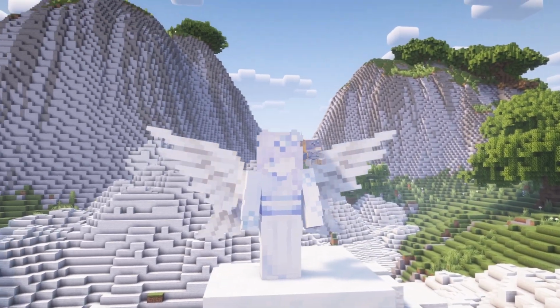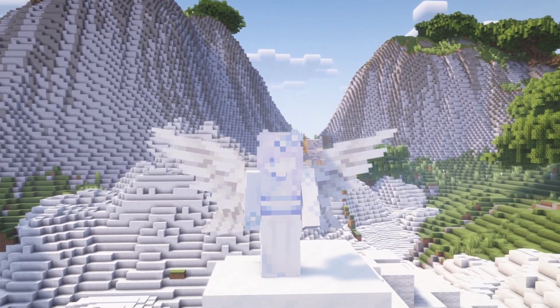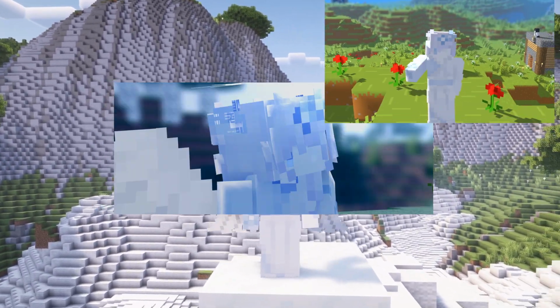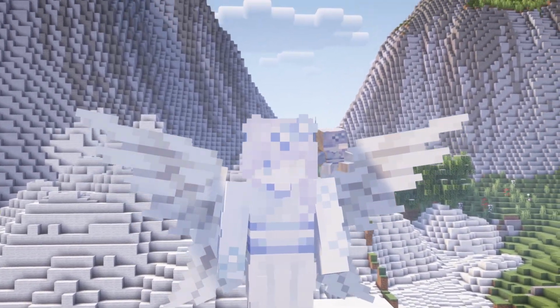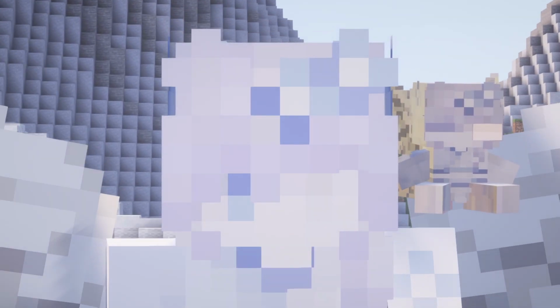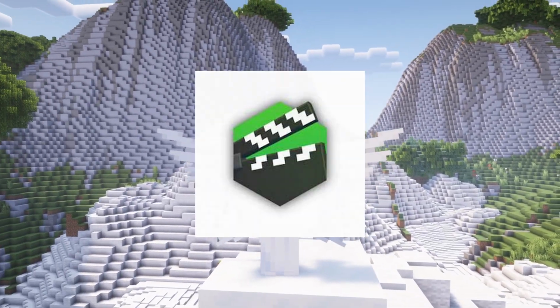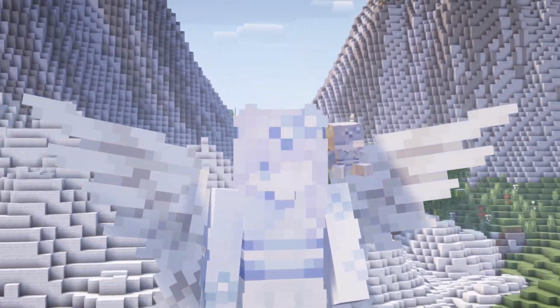Hello, I'm Valerie, and some of you have been asking how I make my animations, like this one, or this one, or this one, and this, so I thought, why not make a tutorial about it? And here's that tutorial. First, you need an app called Minimator, which I will leave a download in the description,